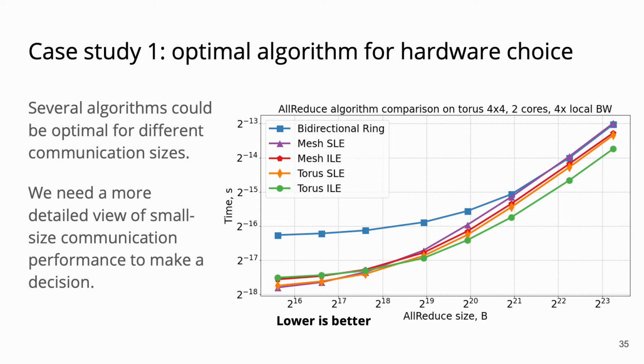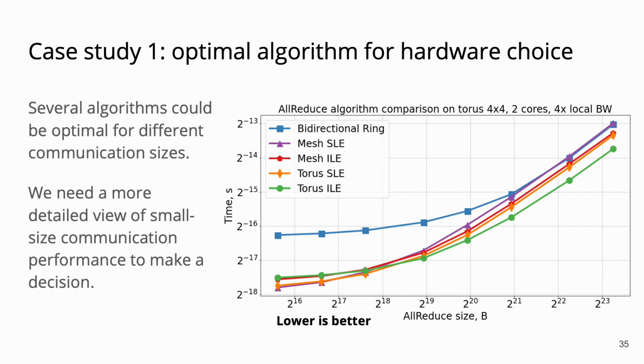We can reduce the data between the cores in torus and mesh in various ways. First, we can use a separate local exchange step, or SLE, for between-cores reduction. In this case, we effectively have 3 smaller reduction rings. Second, we can add cores on the last reduction dimension and implement an integrated local exchange step, or ILE. In that case, we have 2 larger reduction rings.